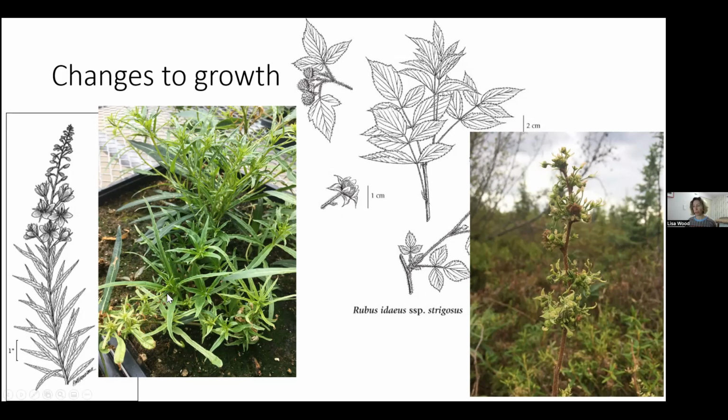Forage may be less attractive. Habitat, probably species dependent. So some species might really like these little clusters of leaves that are being created, and it might create new habitat for other insects or